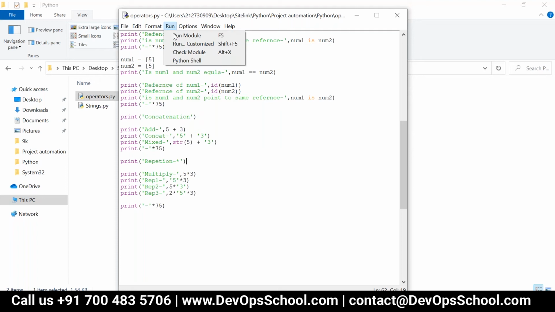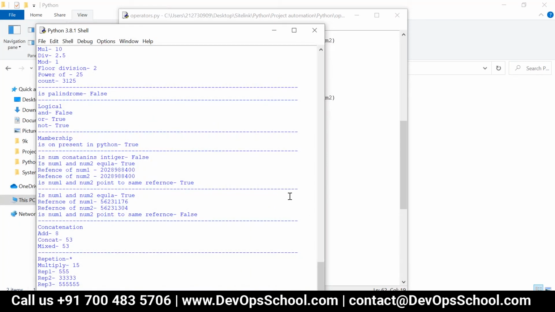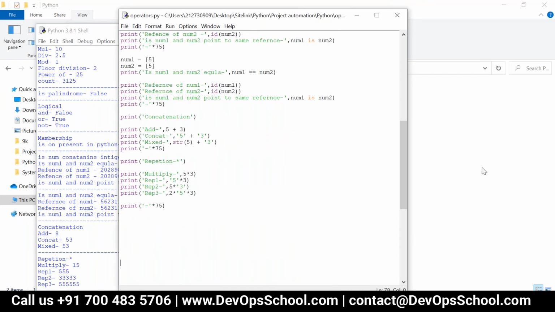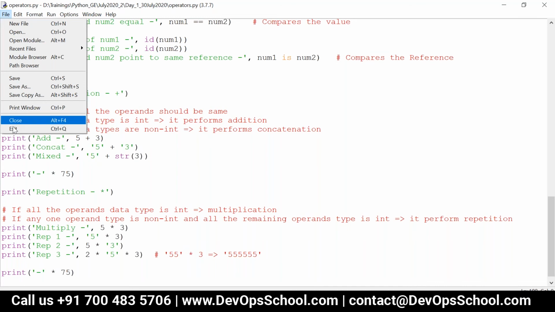So I thought it would run the next lines. No, that is the interpreter. If there is any error, it will not go to the next statement. It will terminate the execution. Only for that we need to handle the exception, which we will see later on. So now you got the output, right? Yes, I got it. So let me close this.